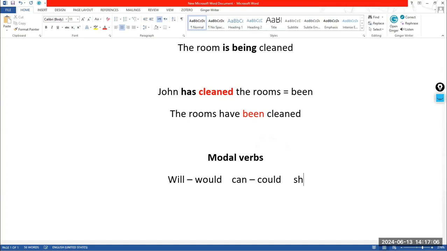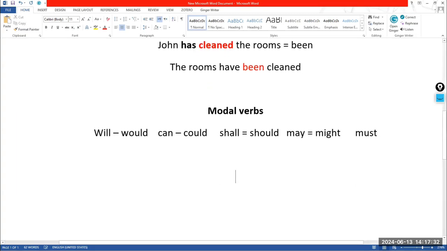We have shall. Shall is a modal verb. The past of shall is should. This is a modal verb. We have may. This is a modal verb. The past of may is might. This is again a modal verb. And we have must. These are all modal verbs that we have in English. You have to memorize them. Okay. Now the rule is saying, in the active voice, if you have a modal verb in the active,